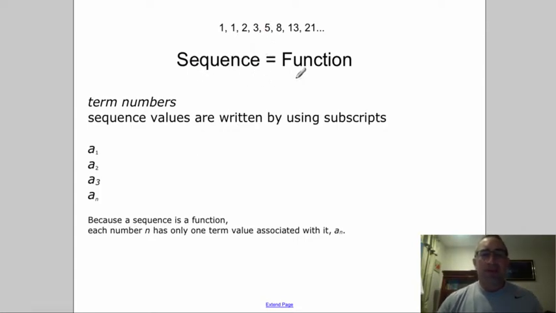A sequence can be thought of as a function. So this series of numbers can be thought of as a function. Every one of these numbers is a term, remember, with a sub 1 being the first term, and that is equal to 1. A sub 2 then,